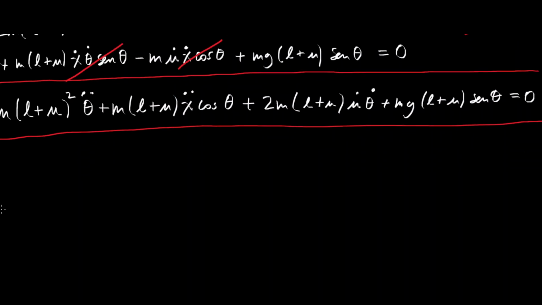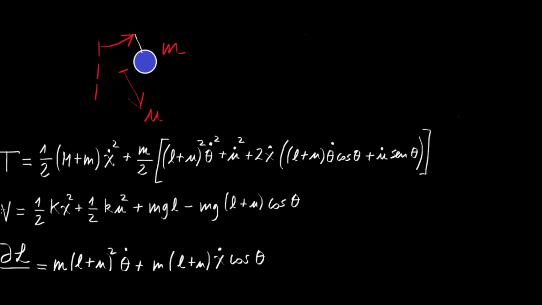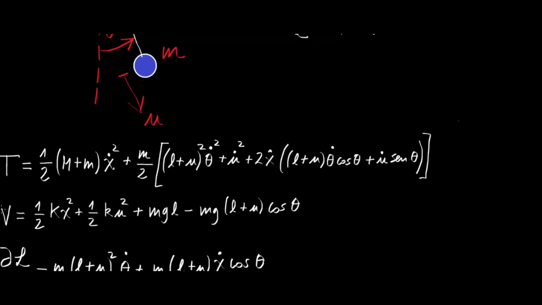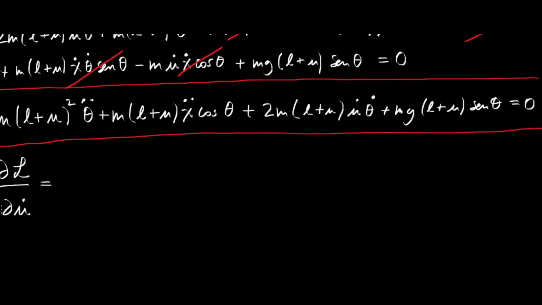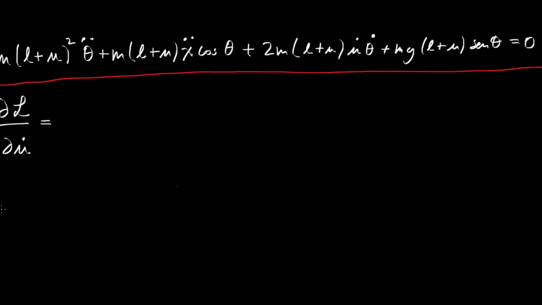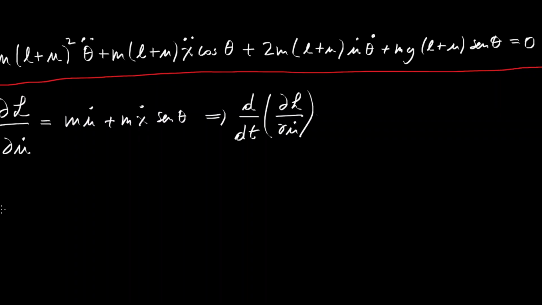Last, the third equation associated with the u coordinate. The process is very similar. We will find again the partial derivative of the Lagrangian, but now with respect to u dot. Looking again at the expression of kinetic and potential energy, u dot only appears in kinetic energy, for the same reason that I mentioned before. In this case, this will be this partial derivative, and the total derivative of this latter partial derivative will lead us to the following result: